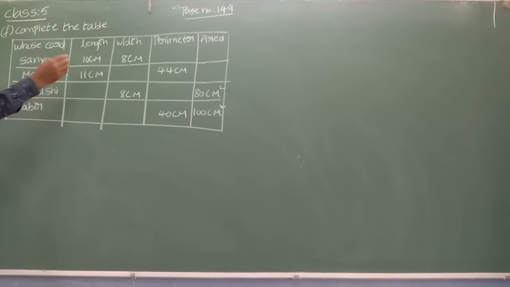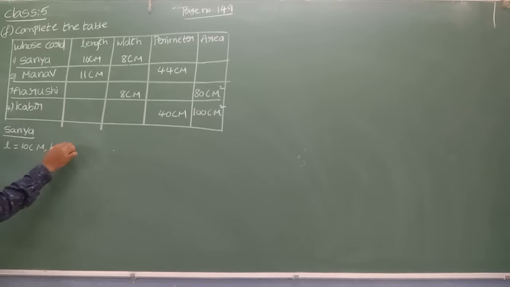So let us see the first one here. We will take the first one, second one, third one, fourth one. So let us go with the first solution method. In the first one, what they have given here, we'll write here, it is about Sanya. So what did she take? She took length, let us write here L. L means length. Length 10 centimeters she took and breadth she took 8 centimeters. Now what are they asking us to find? Perimeter of the card. Yes. Now we need to find the perimeter of the card.